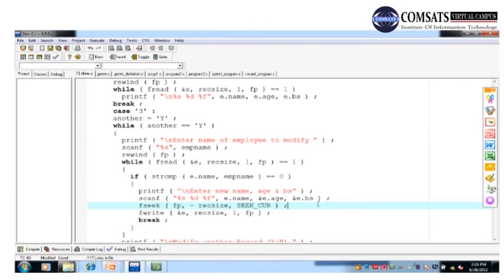Okay, so we discussed this in detail last time, why it is minus rec size. Okay, so SEEK_CUR is the current position. From the current position, move one record back, because when you read that record, the file pointer points to the next record. You read the B record, it points to the C record, and you see that the name in the B record is the same as input by the user, so that means the modification must take place at B,